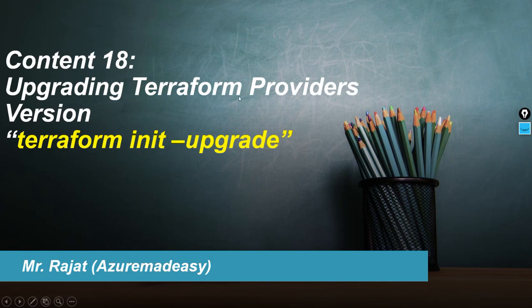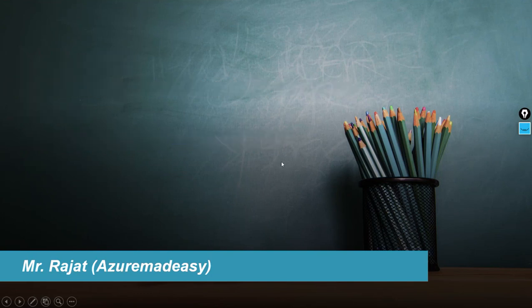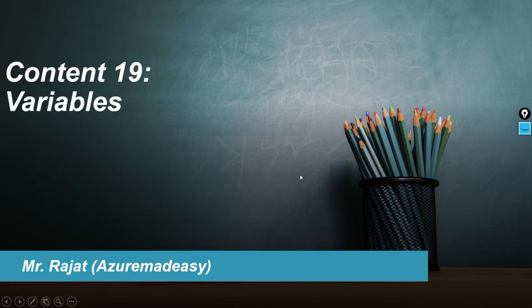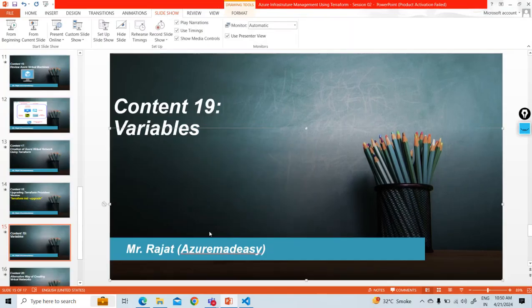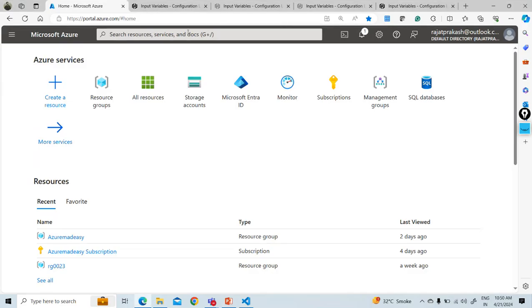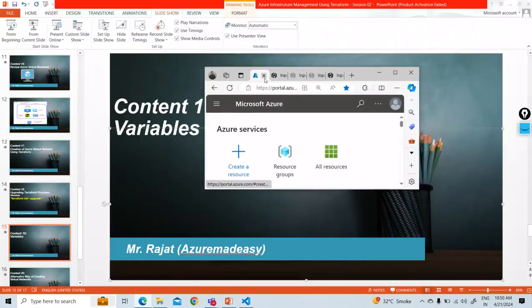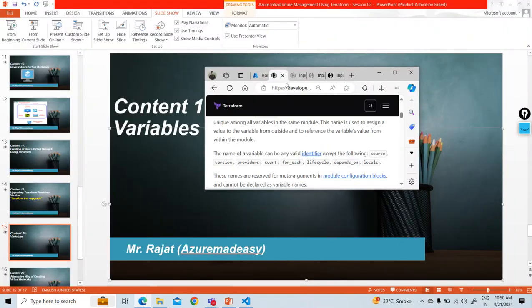Before heading to the next topic, I wanted to draw your attention to a very small thing. Before understanding how virtual networks are created using Terraform, one thing is very important. Let's go to